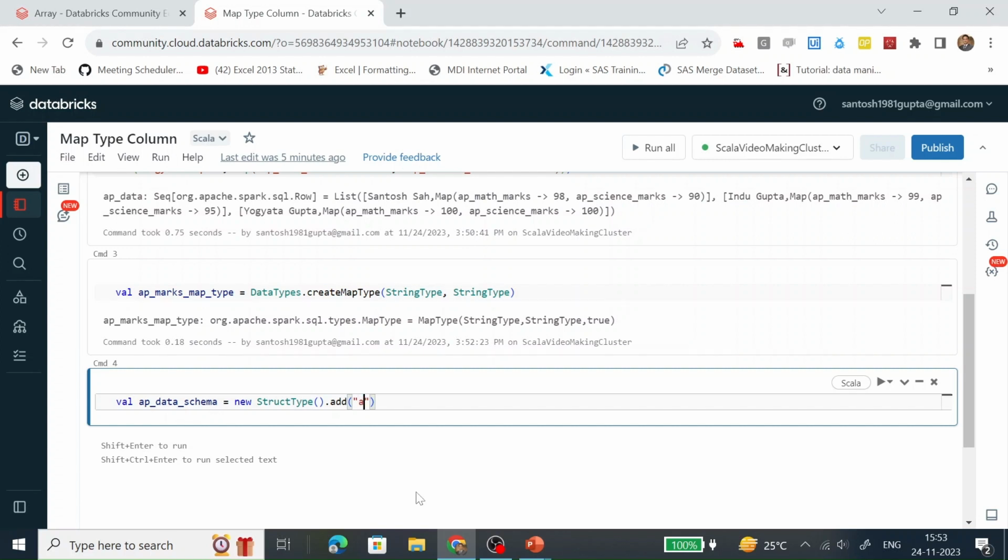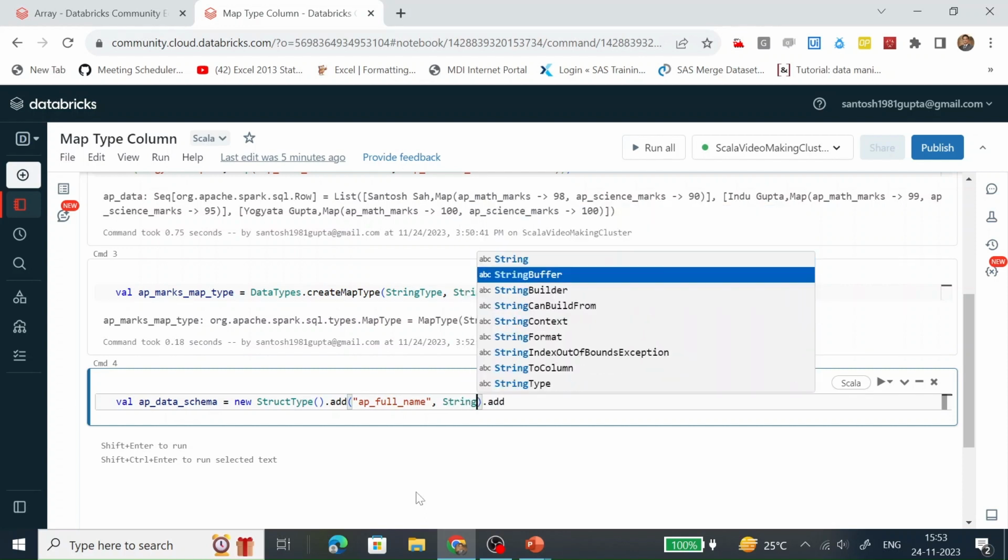The name of the column is AP full name. Then we need to define the data type, so the data type is string type.